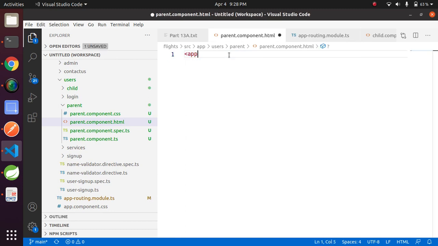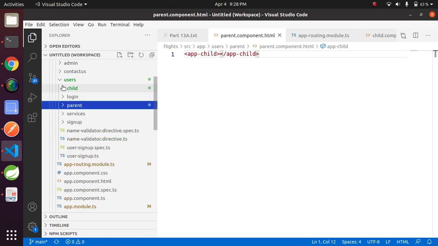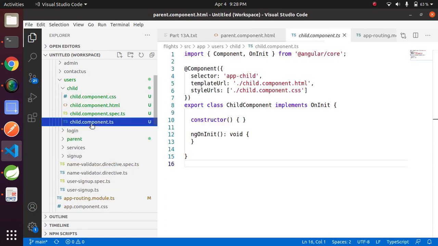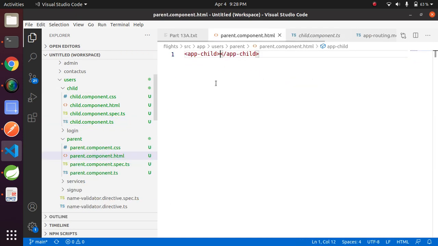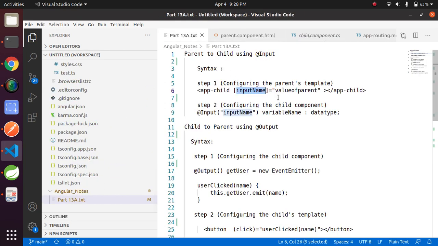Now app-child, this is the selector of the child component. You can take it from the child component.ts, and this is the selector. This value you have to put here, and then pass some value like this.